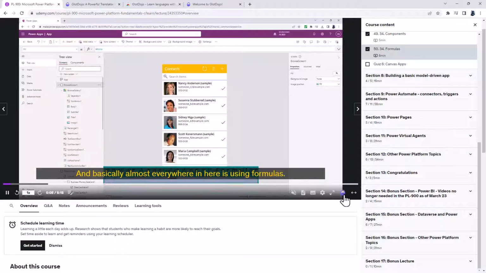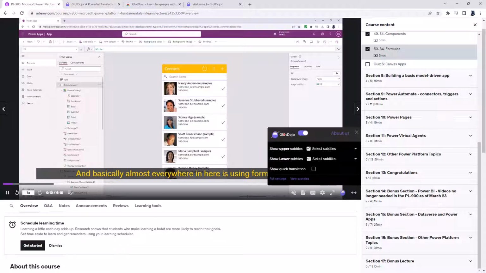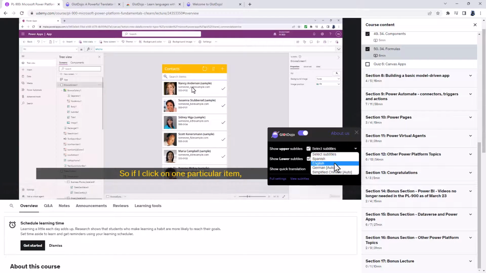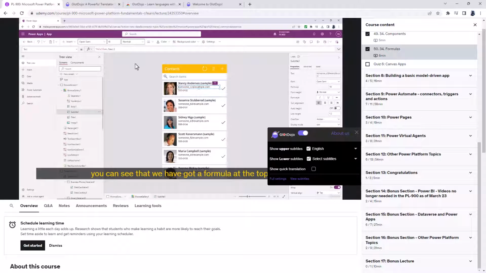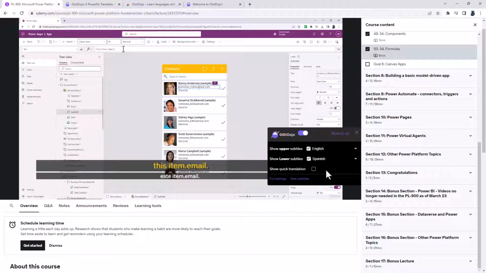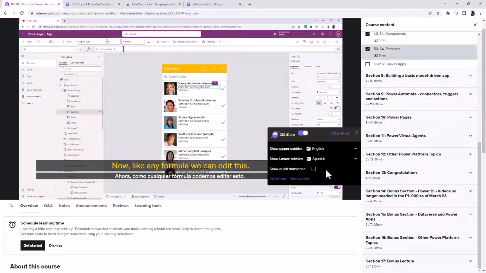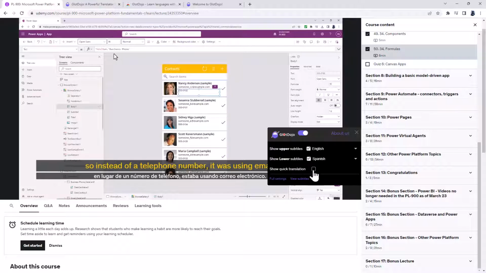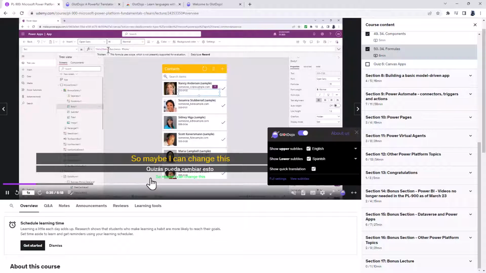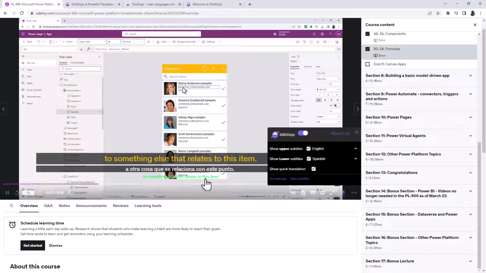So let's see what happens when I click on this. So we've got select upper subtitles. So I can say I want them to be in English, and lower subtitles. So I can say I want them to be in Spanish. So this allows me to see 2 subtitles which are already there in Udemy. But suppose I wanted another subtitle which was in a different language. Well, I can show quick translation. So if I check that, you can see it looks like it's in English, and it is, but I can